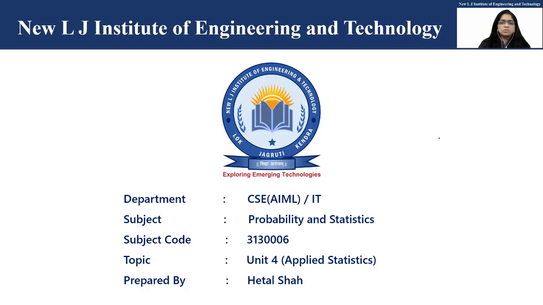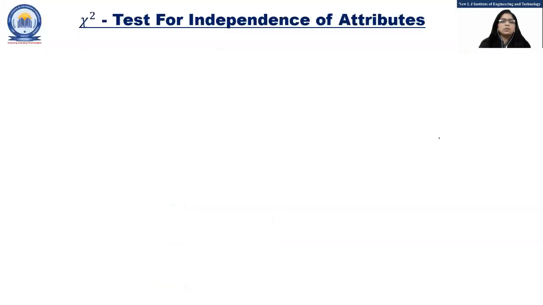Today, we are going to discuss the subject probability and statistics and chi-square test for independence of attributes. Students, in the chi-square test, we have already learned about the goodness of fit. For the independence of attributes in statistics, sometimes we have to deal with the attribute or the qualitative characters, which cannot be measured accurately. So we can divide the attribute or the quality into two or more categories.